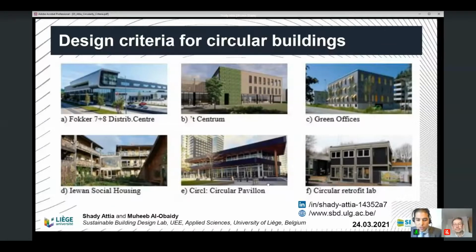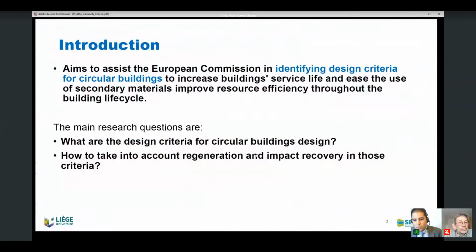Okay. Good afternoon. The title of today's presentation is Design Criteria for Circular Buildings, and this paper is co-authored between Muheeb Al-Obaidy and myself, Shady. As you can see, the presentation is based on 6 case studies that we worked on to distill criteria for circular buildings. The aim of this presentation is to aid the European Commission in identifying design criteria for circular building to increase overall building services and ease the use of secondary materials to improve the resource efficiency throughout the